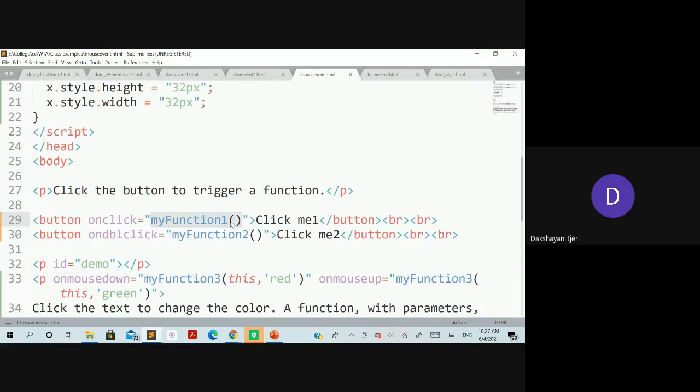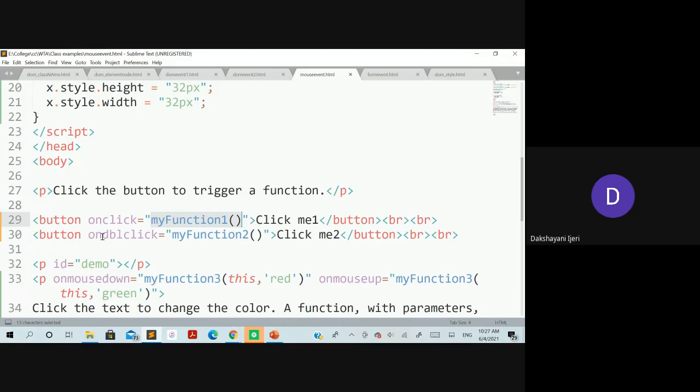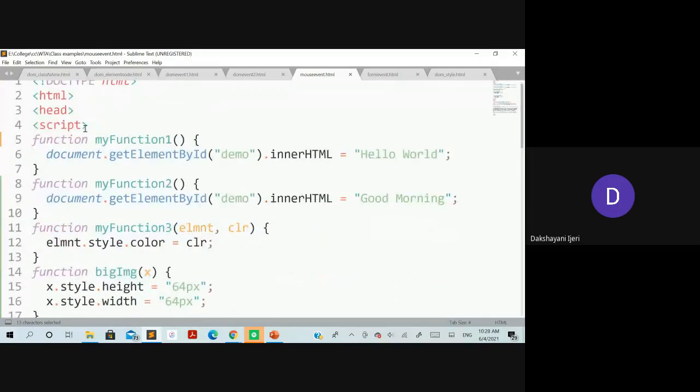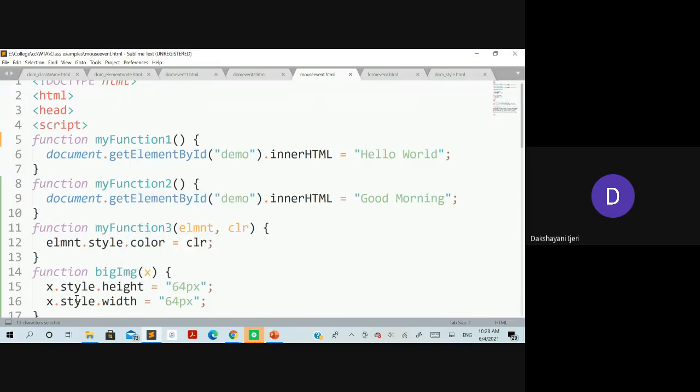Here we are defining separate functions to tell what actions to be performed based upon these events. And we are going to write the body of these functions within the script part, within the head section, if we want to use embedded scripting here. Suppose if you want to use external scripting, you can separately write this entire part into a separate file, save that file with a .js extension, and here you just need to specify the source of the file within this script element, to provide a link over there.